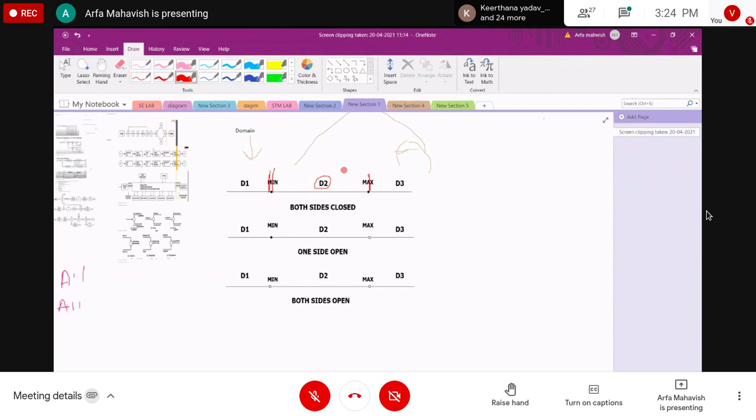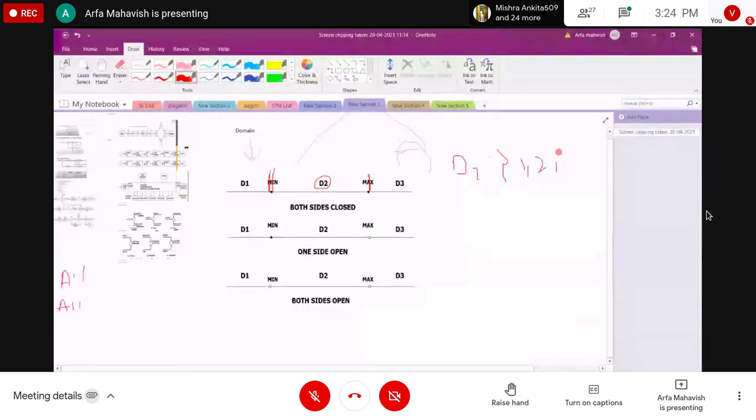I will give you one example, guys. If you are in D2, you have the numbers 1, 2 and 3.